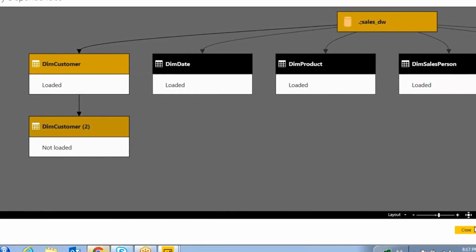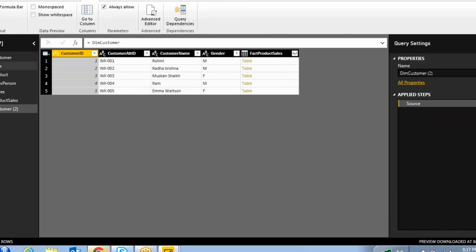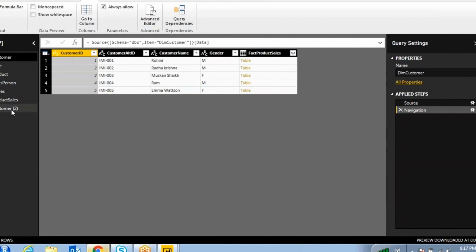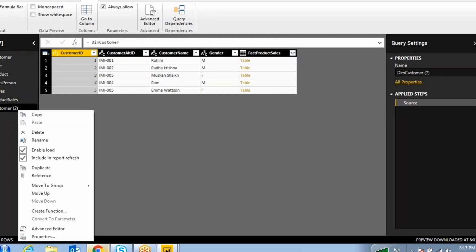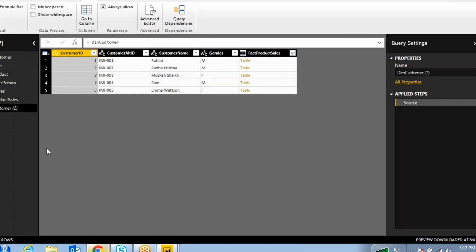For example, for this dim customer and this dim customer 2, if you want to use only one table to load the data, then whenever you are refreshing the data, I don't want to refresh this dim customer. In that situation, you just right-click and disable the Enable Load option.